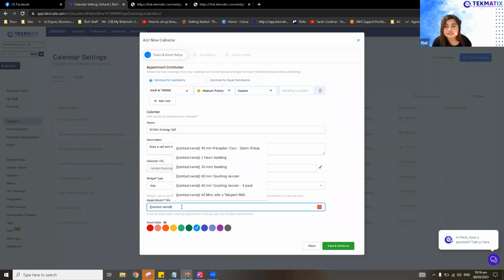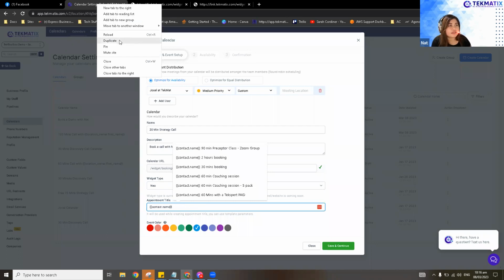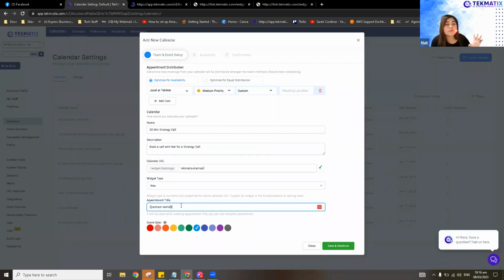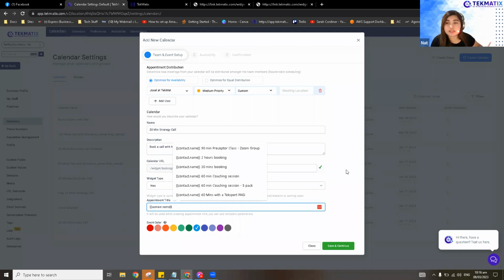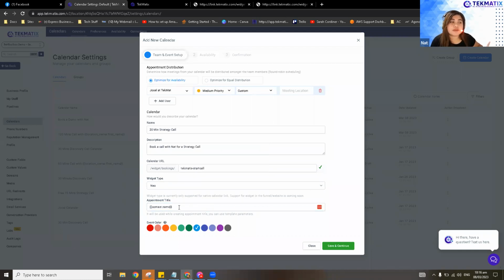Appointment title. I think this is what Hans asked before. Hans, Giselle actually sent the link here. So appointment title is basically what will appear in your bookings. What will appear as your calendar tile in your Google Calendar or Outlook calendar is the name of the contact that booked a call with you, because basically this is the contact name. For example, Mike booked a call with me. What will appear in my Google Calendar is Mike Baloff. But you can definitely customize this one.